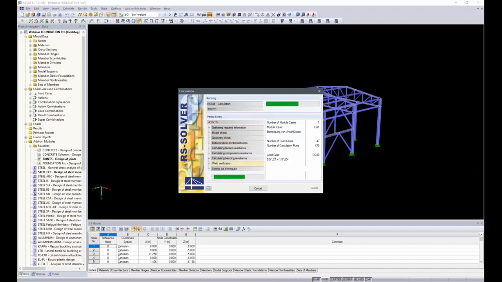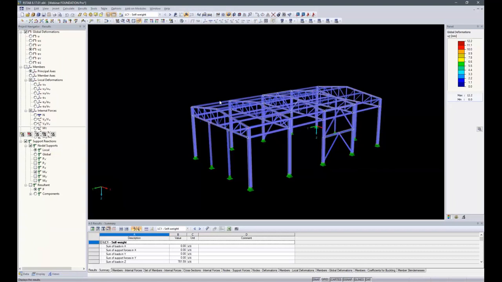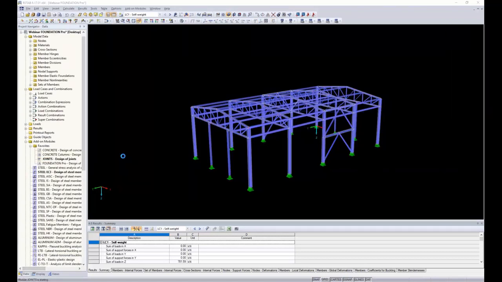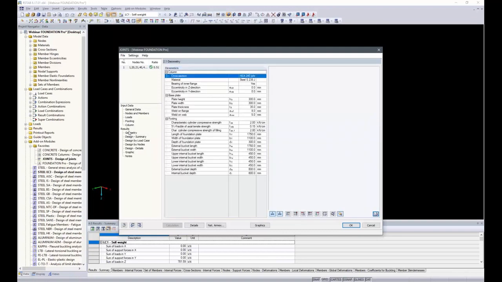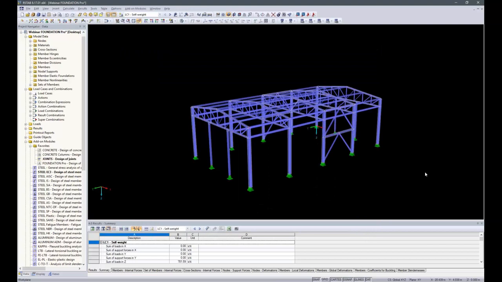Okay, now the joints calculation is done. I go into joints again and go to the geometry, and the internal and external bucket depth is at 800 millimeters, 0.8 meters. Okay, with that I can go into Foundation Pro,